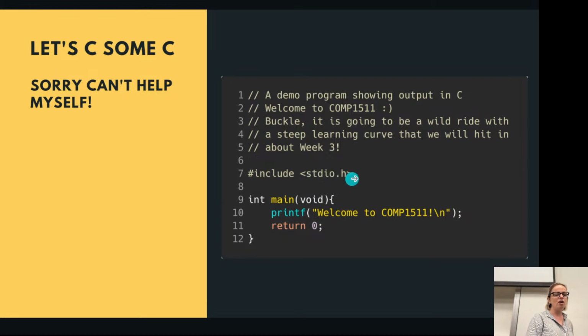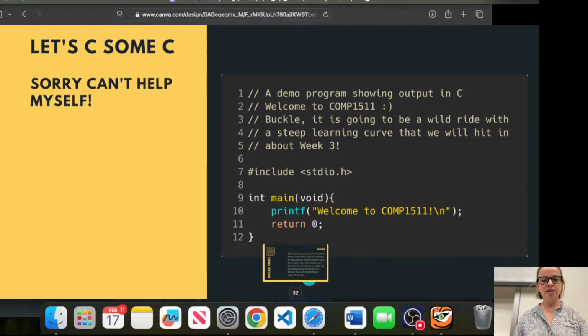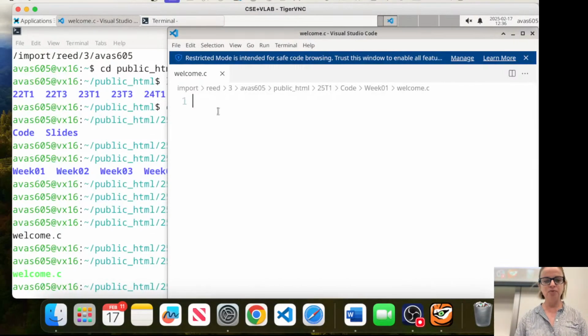Then we have something over here called #include, and then this lovely stdio.h, okay? And that part is including a standard C library. So what it allows us to do is have access to some things that we don't have to write ourselves, okay? And that means we can just borrow some things from the standard C, and the standard input-output allows us to have access to this thing here on line 10, which allows us to print things out to the terminal. So if we try and do it ourselves, just to have a little feel for it.